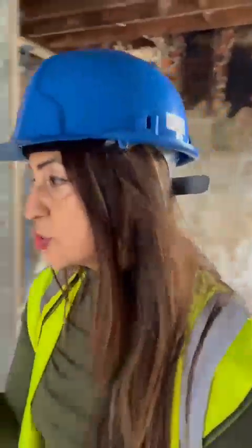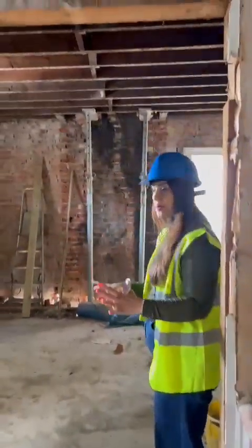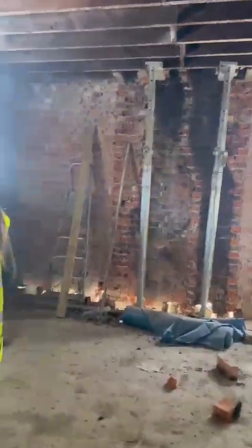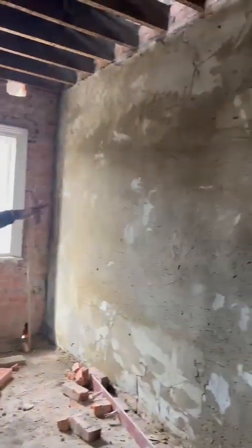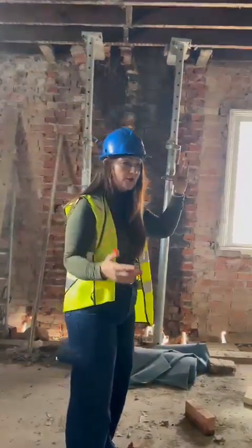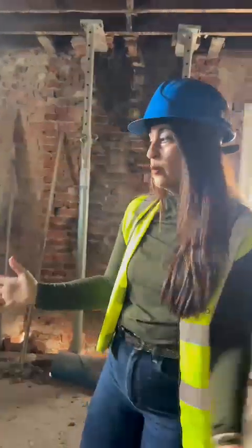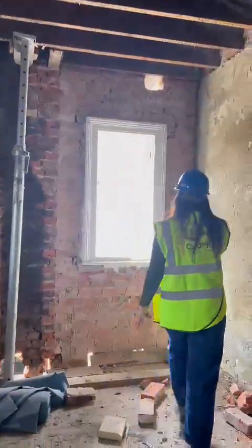So let's quickly show you what else we've been talking about. This is going to be the entrance to flat 4, which is the one bedroom flat. You come in, this is going to be the kitchen here. Here we've got planning permission for a window, so we're going to break through this wall and create another window here. We've changed the architect's plans internally, but that doesn't matter because internally you don't need to go back with planning. So we're going to block this window. This wall stays, so we don't need to knock it down anymore. We just create a door here to go through to the bedroom there. So let me show you, this is the extension bit which you could see from our